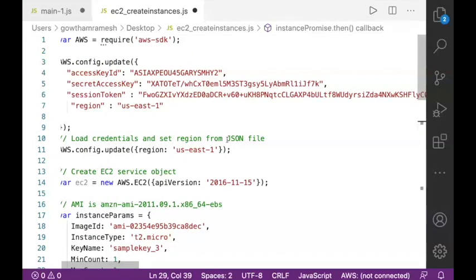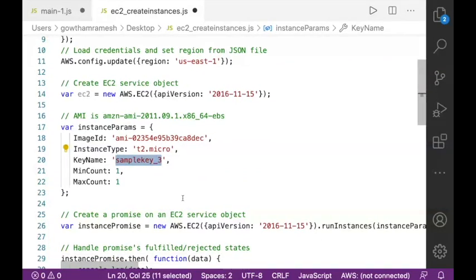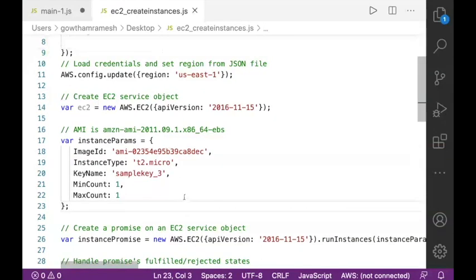I want to double check whether the key pair is correct. Sample_key_3. I'm going to save it.